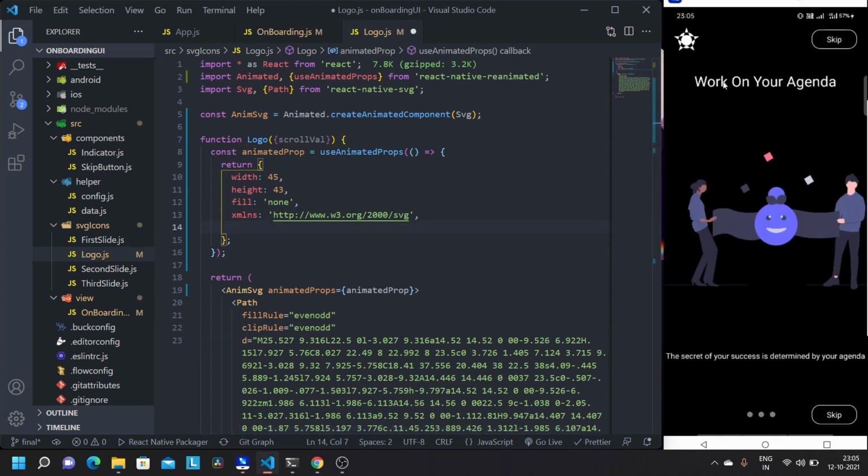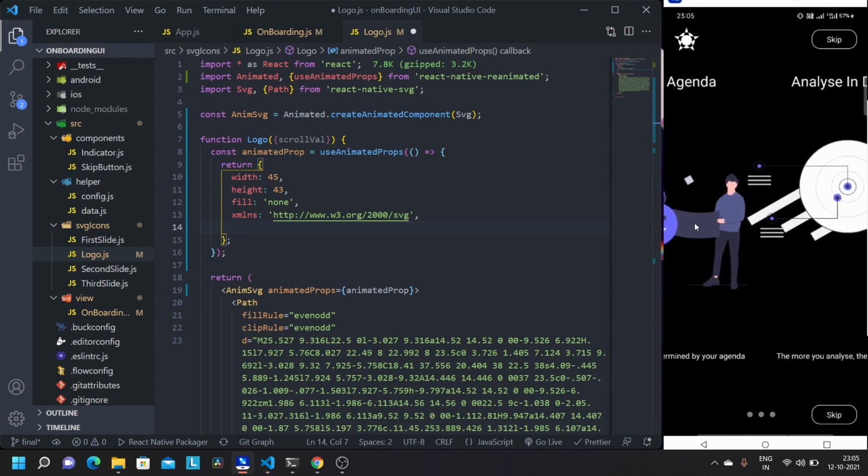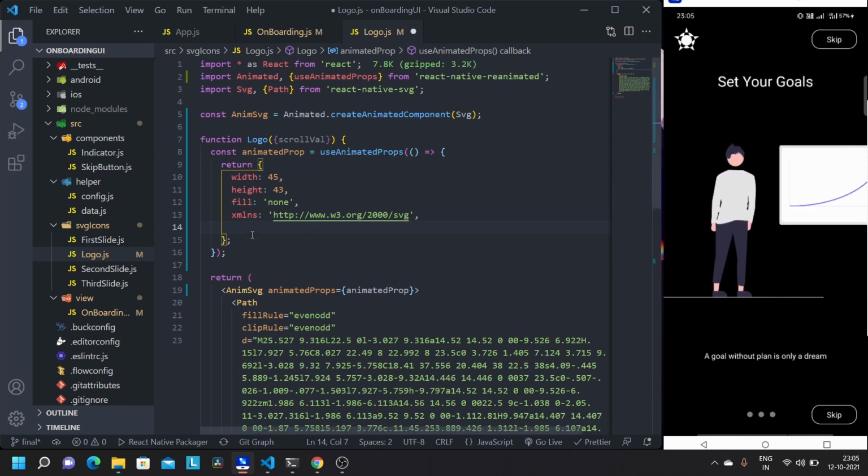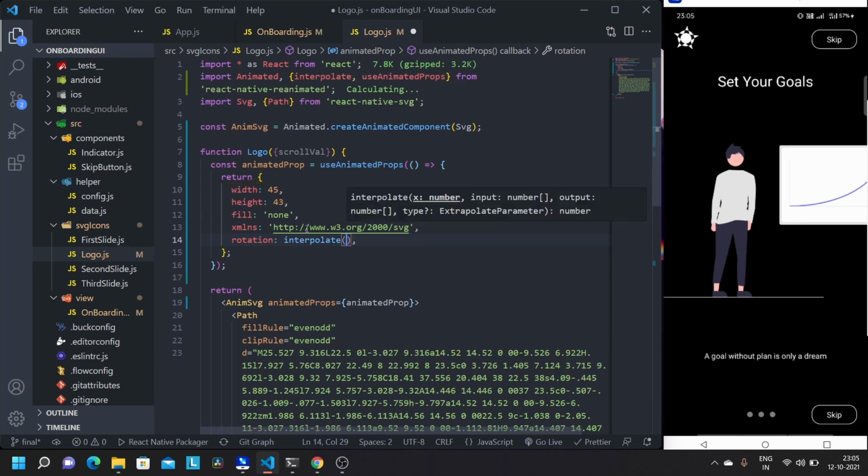Okay, so I'm animating this logo. Whenever we scroll, we want this logo to rotate. So simply we'll come here and give it a rotation. If I give it a value of like 100, the moment I save, you see this will rotate. We'll do 150, and this will rotate. So what we need to do is interpolate for scroll.value,